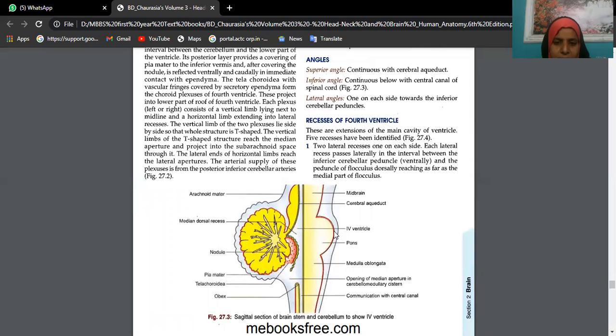The one which is resting on the skull bone is the ventral aspect, and the one which is behind is the posterior or dorsal aspect. The posterior aspect of the brainstem, this green line, is nothing but the floor of the fourth ventricle. The fourth ventricle is a space seen behind the brainstem and under the surface of the cerebellum, a tent-like space filled with CSF.